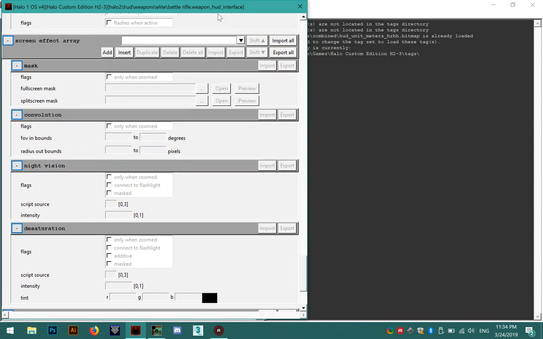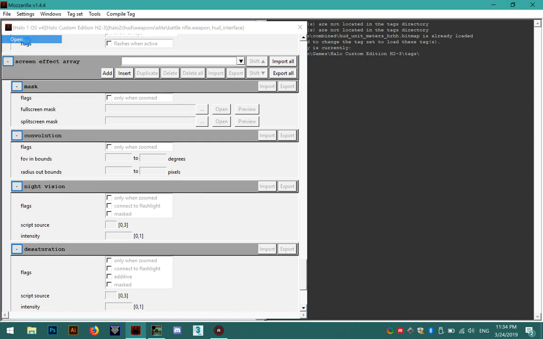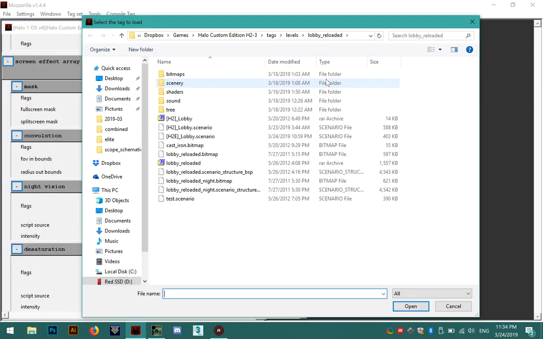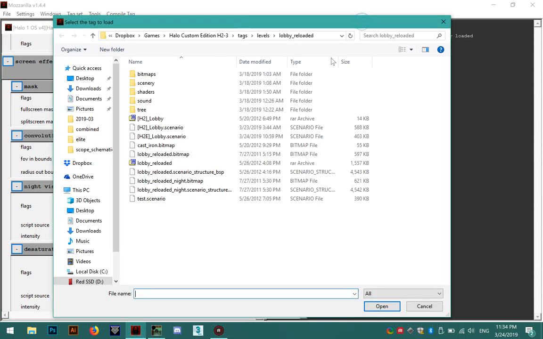But first I'm going to show you the original method, which is to go down to a weapon HUD tag. So for whatever weapon you're using, in this case I'm going to be using the battle rifle up here. I'm going to go to